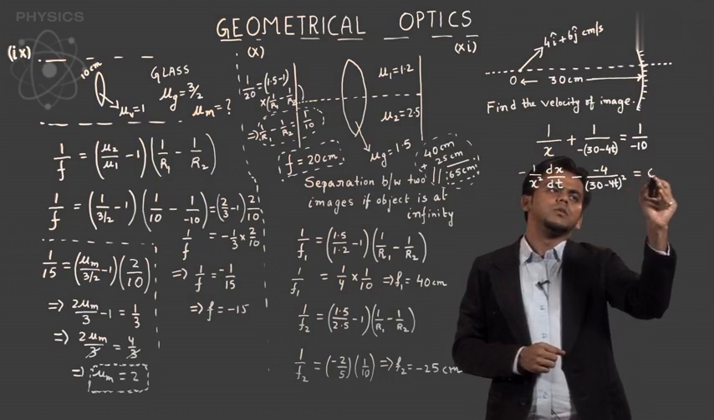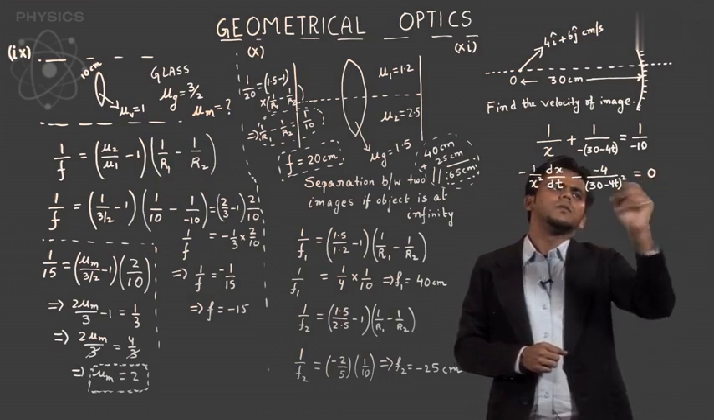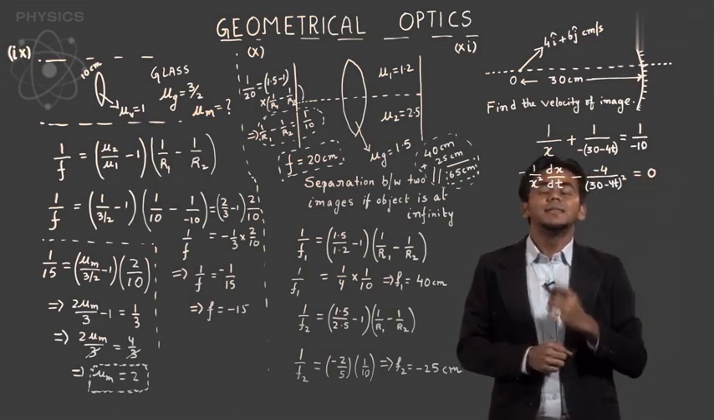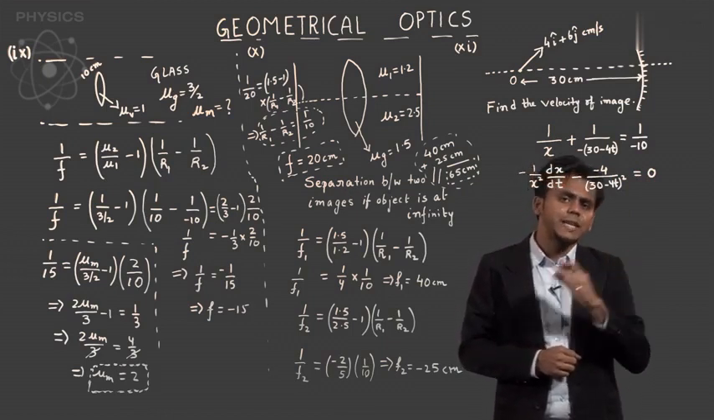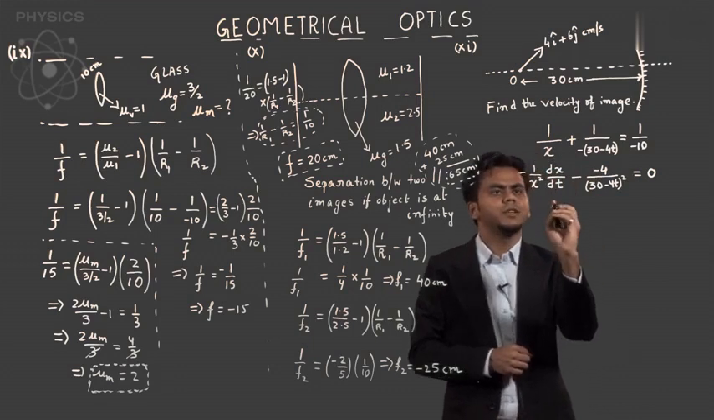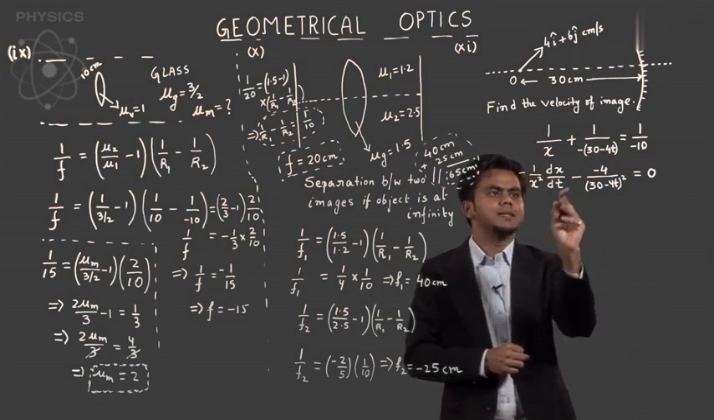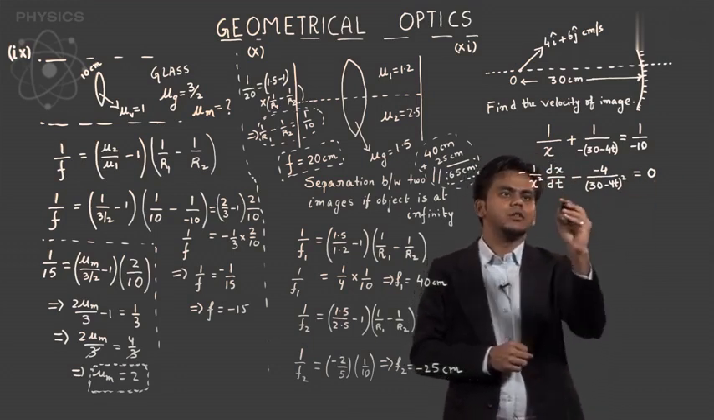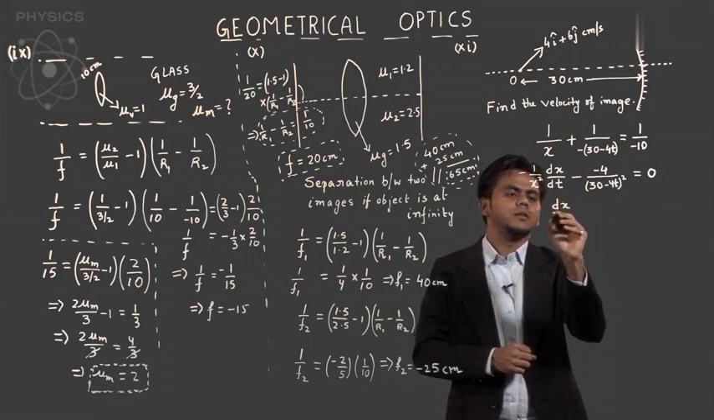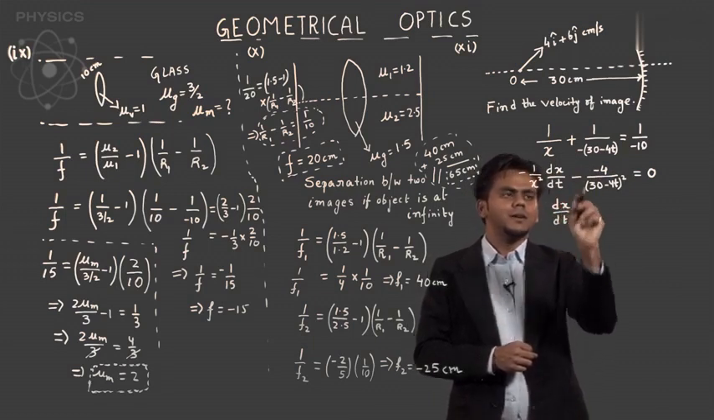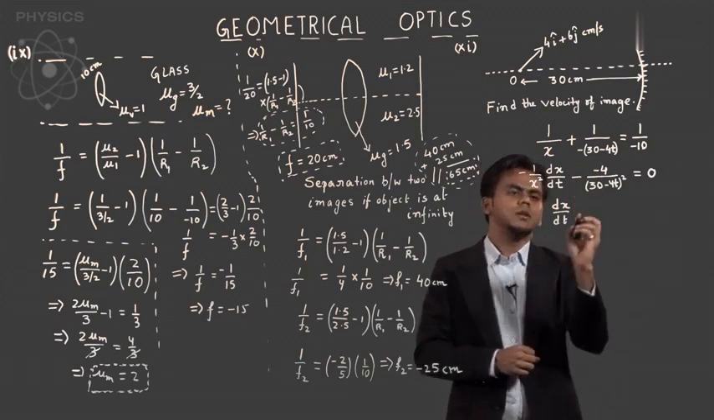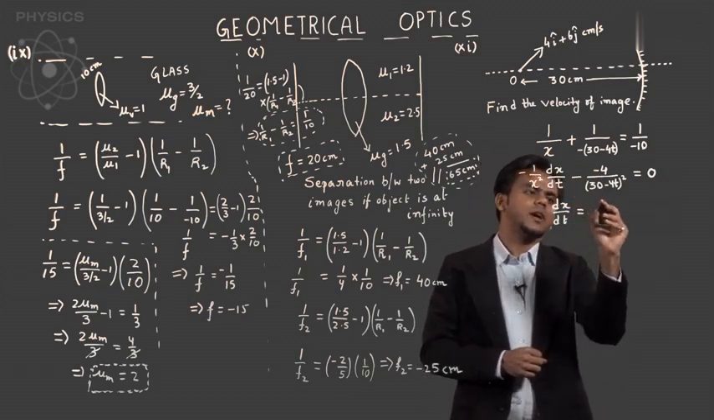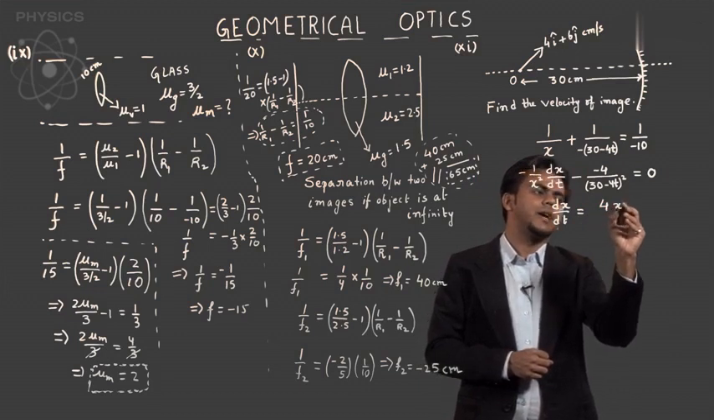This is equal to 0. What is dx upon dt? This is the velocity of the image in x direction, right? So you have dx upon dt as, just take this thing to that side. You'll get minus, minus plus towards that side, the minus gets cancelled from this. So dx upon dt is 4x square